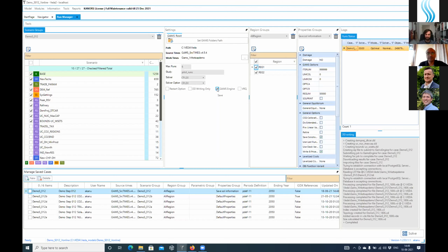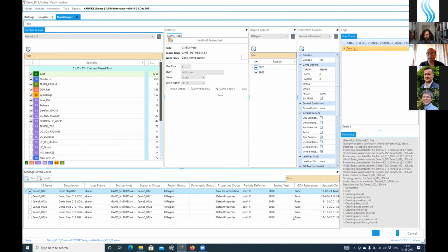So if you check this box and you select a run and you click solve, and then you notice here that it will say slightly different things. It creates the DD files, then it says creating zip file to submit, submitting job, waiting for job to complete, downloading results.